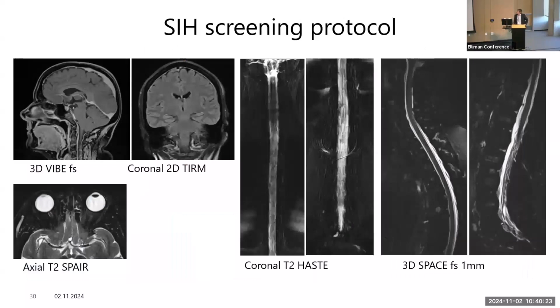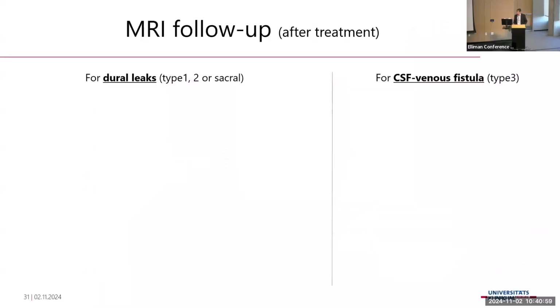And we created a special protocol in Freiburg. We call it the screening protocol. And this protocol, these images have a little bit less quality. The slices are a little bit bigger, but it is still very good to make the diagnosis. And this entire protocol takes 17 minutes only. So in a very clinical, busy day, it is sometimes really helpful to quickly check if the patient may have an underlying SIH or to rule out SIH.